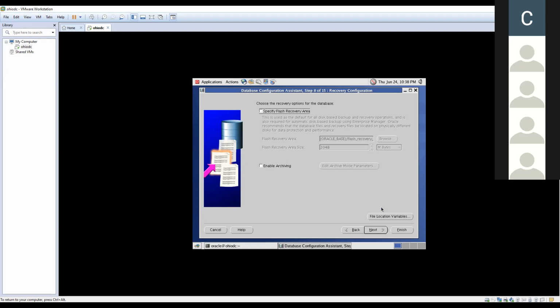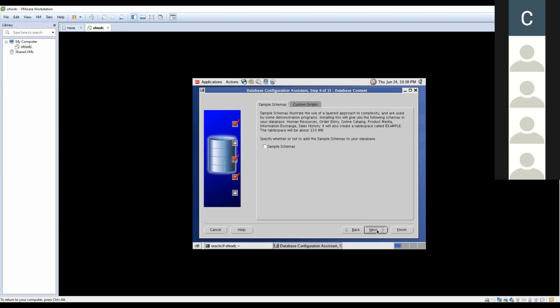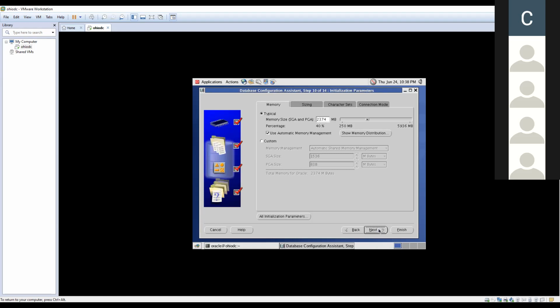Where are all those? Just click next, I'll tell you. Click next. You're just clicking next. That's it. So what is this called? This is memory management. Can someone in the class explain what memory management is? No, because you people don't know. You don't know how much size to give for the memory of the database. You will only come to know when we complete the theoretical sessions. After that, if you use the DBCA method, you'll know how much memory to give.